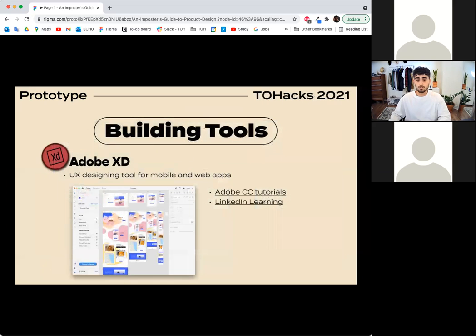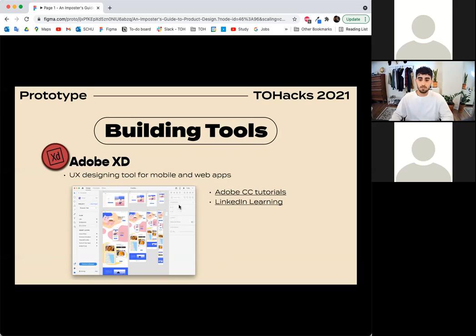Adobe XD is also a very similar prototyping and design software. It's not free, however, it's included in the Adobe CC subscription. And a lot of the features have the same functionalities as Figma. And it's really, really good for animation and prototyping on that end, if that's what you're interested in, the sort of motion design. I've also linked some Adobe CC tutorials and LinkedIn Learning tutorials that will help you strengthen your